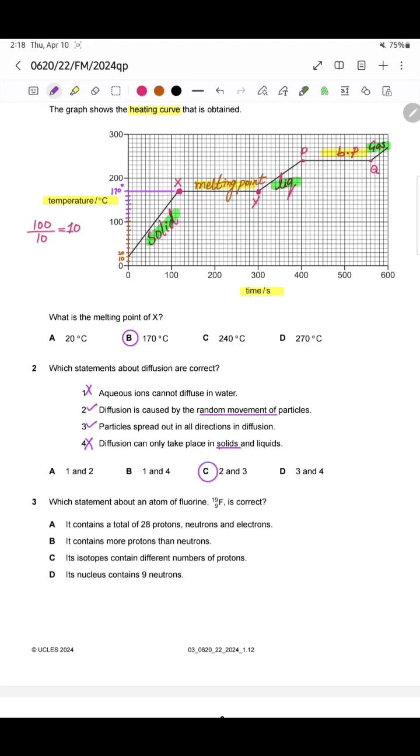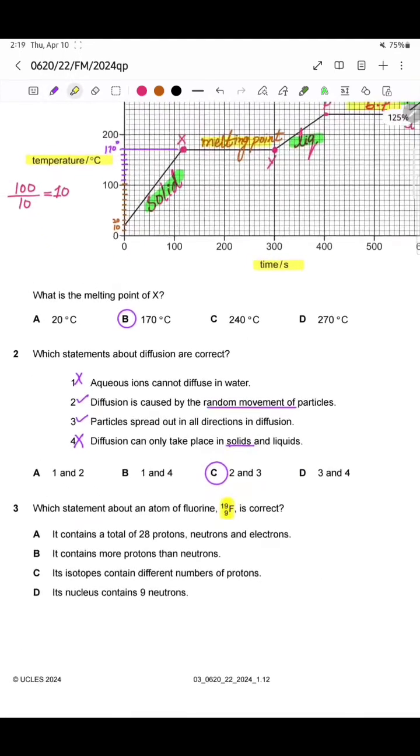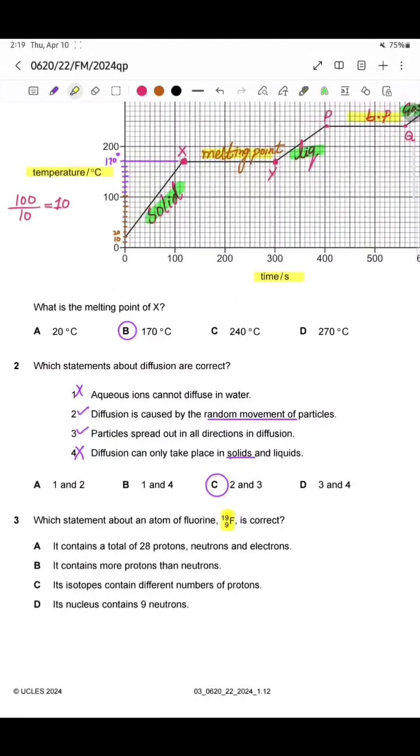Next is MCQ 3. Which statement about an atom of fluorine, which has atomic number 9 and mass number 19, is correct? It contains a total of